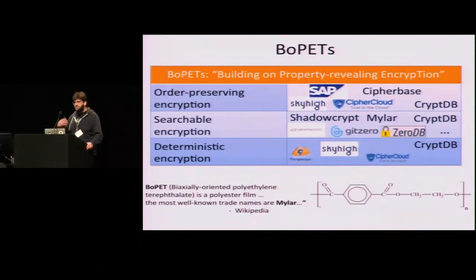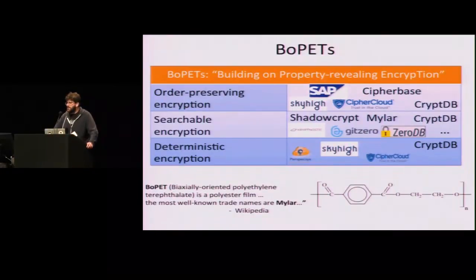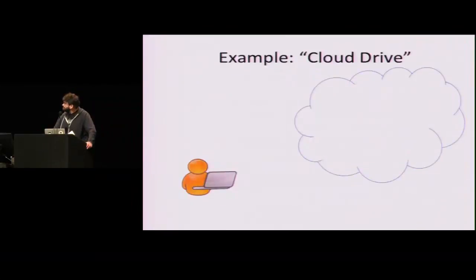Just to give you a sense of the interest in BOPETs, if you look at all the startups in this table, they cumulatively have received about $200 million of VC funding from firms like Andreessen Horowitz and Sequoia and Greylock. So there's a palpable interest, and a lot of people are really interested in these systems. Now that we understand what a BOPET is, let's look at an example of a hypothetical file sharing application